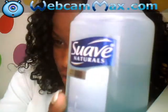I washed it with this Suave Naturals. It says longer lasting fragrance daily clarifying shampoo. So I washed it with this, when I just wet my hair and ran my fingers through it like this, put my head down, and rinsed it out. I did that about 3 times, and then I conditioned it with this